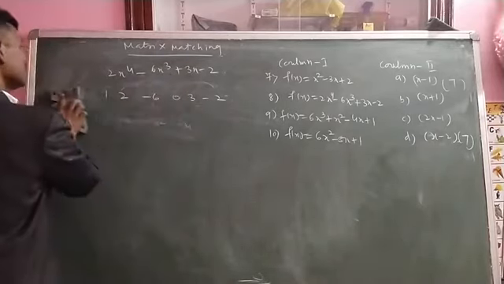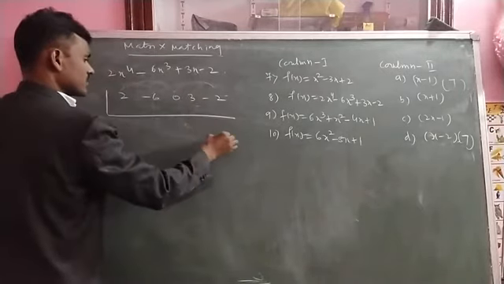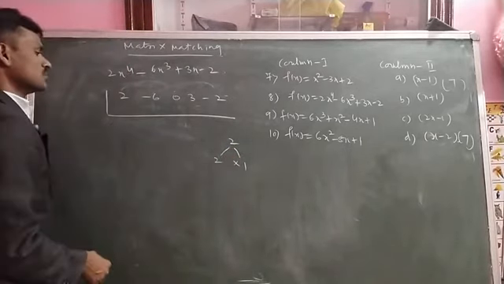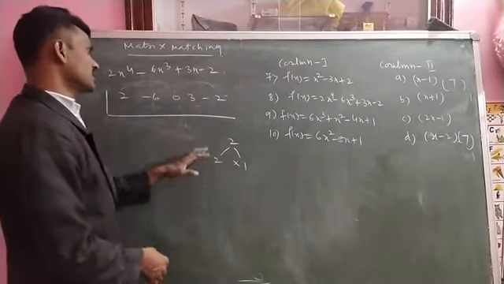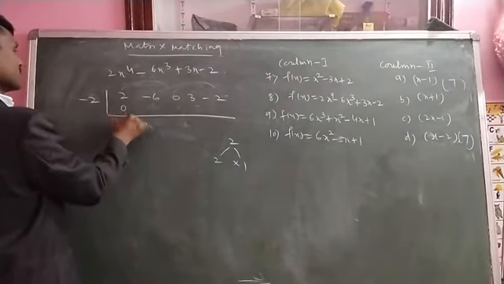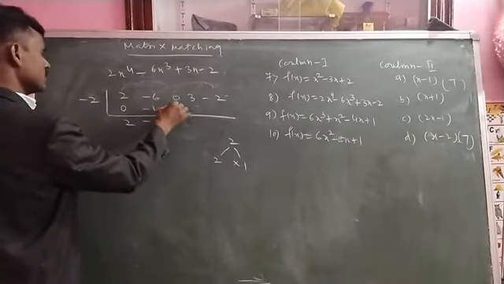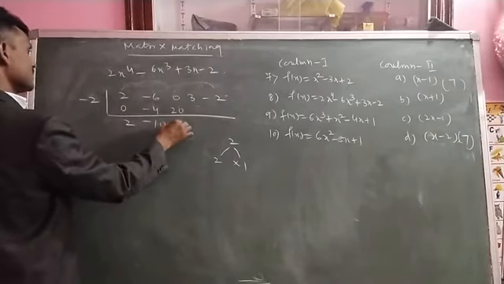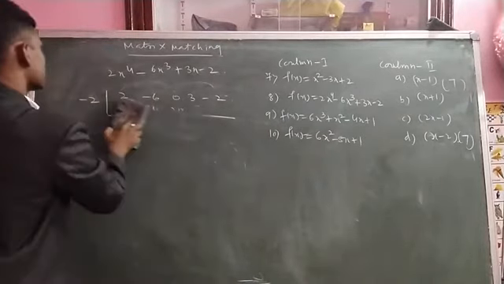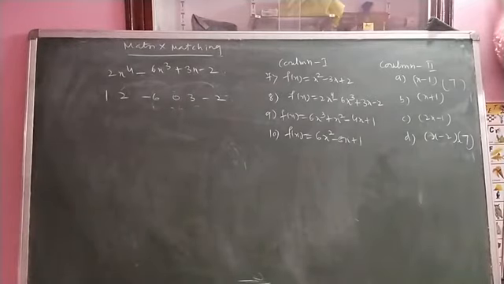Then what we will do here, factorize this one. 2 you have to write here. 2 ones are 2, its factors 1 and 2. And minus 2 also you have to write here. Minus 2. 0 means here 2. 2 into 2, minus 4. Here minus 10. 10 into 2, 20. 20 means 0 to 40. This is also not possible. Then what we will do?